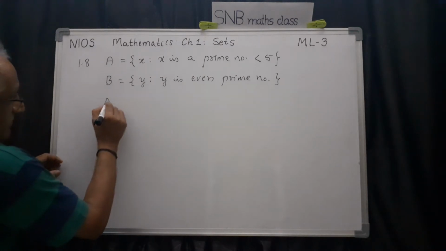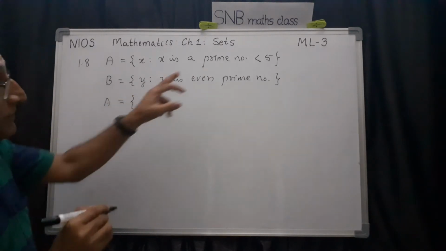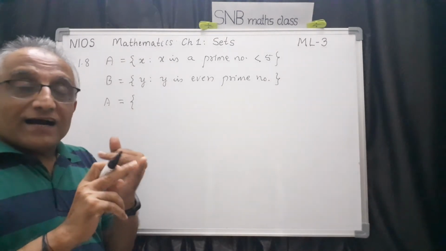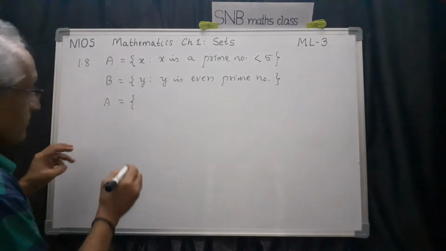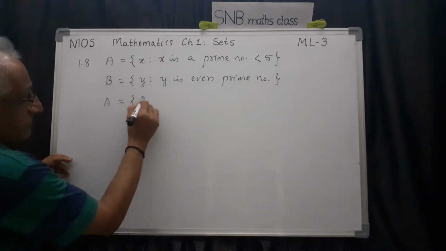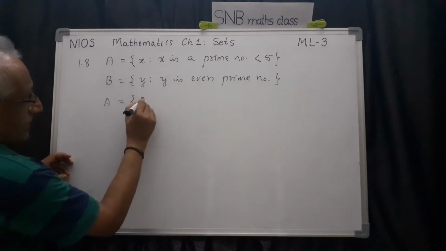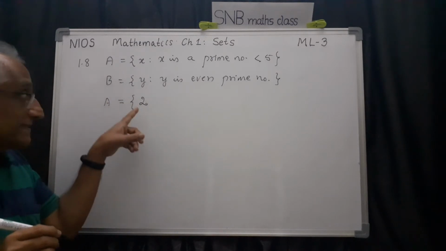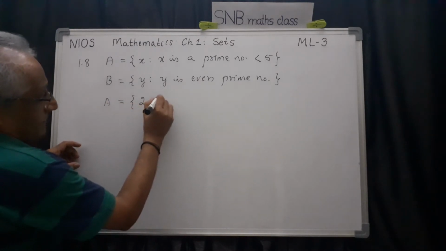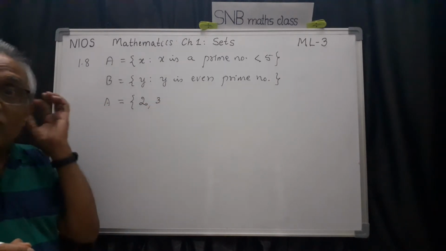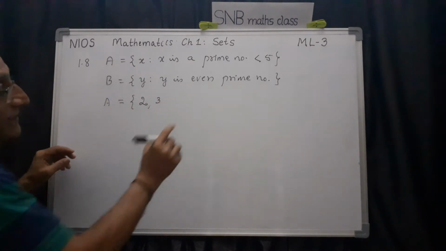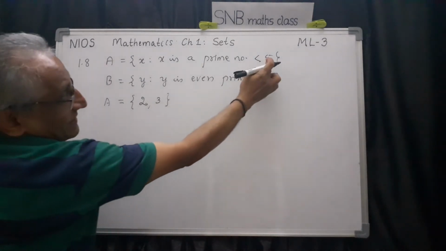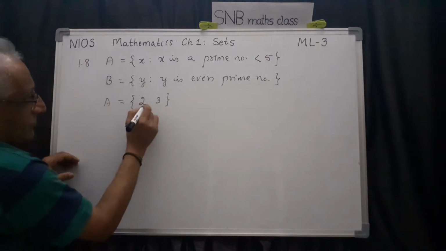Now, A equal to what? Now, what do you mean by prime number? You have studied this in your school level. 1 is not a prime number, please note. After 1, 2 is a prime number. What is the meaning of prime number? The number which is divisible by itself and 1, that is called prime number. 2 is the number which is divisible by 1 and itself, 2 only. Next one is 3. And 4 is not a prime number, 4 is a composite number. 4 is divisible by 2. Then less than 5 means I have to close here. That means the prime numbers less than 5 are 2 and 3, only these two.